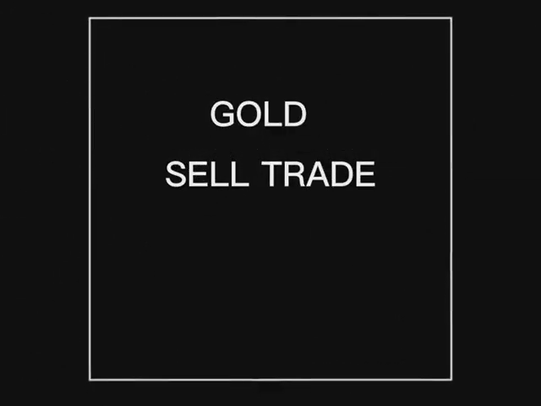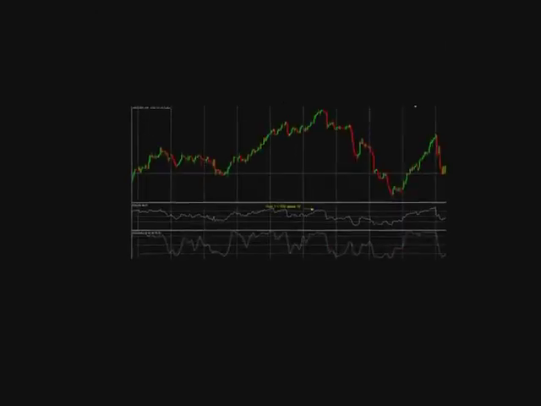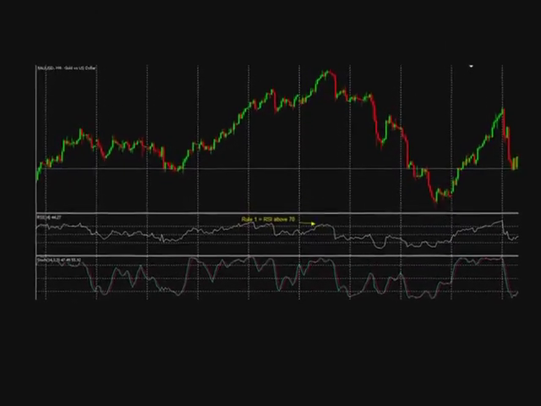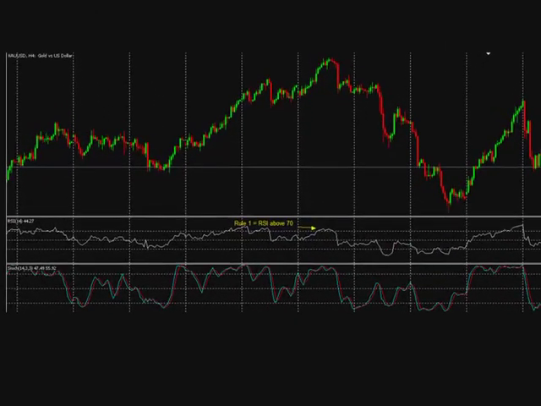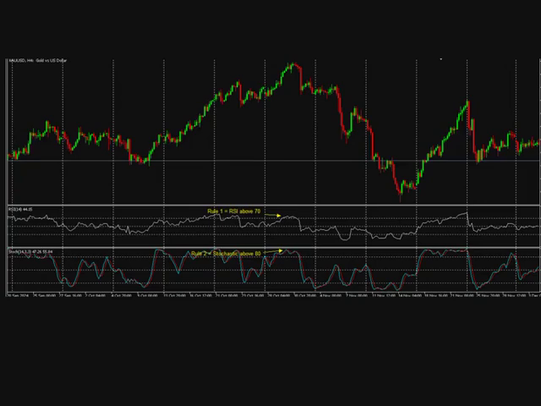Let's take another example of a sell signal, and this time we move over to the gold chart. We move over to the 4-hour time frame, and remember rule number 1, you ensure that the RSI stays above the 70 level. Rule number 2, you ensure that the stochastic oscillator on the H4 time frame stays above level